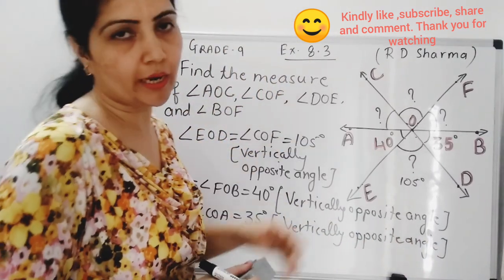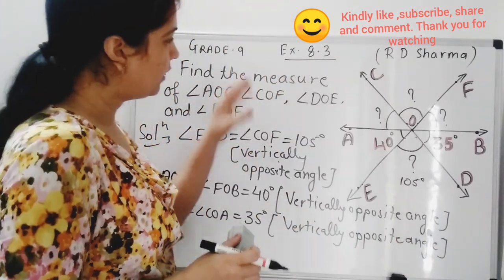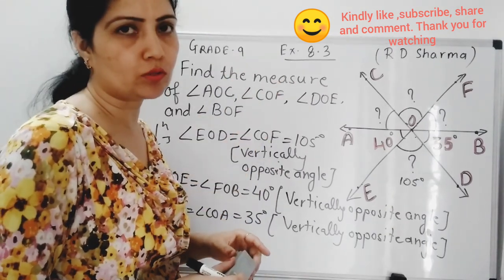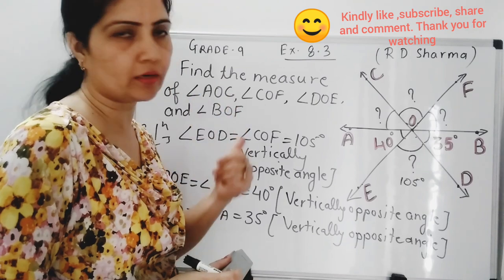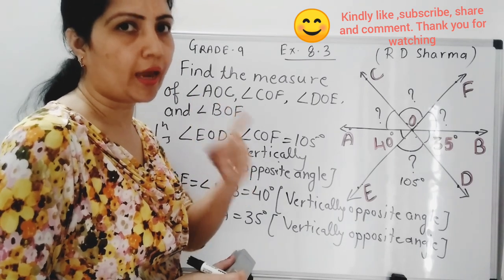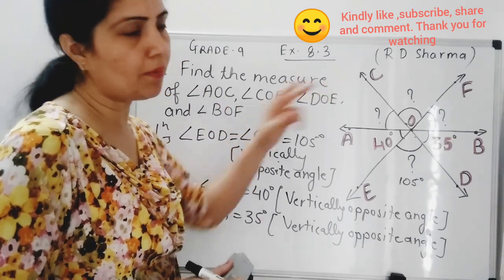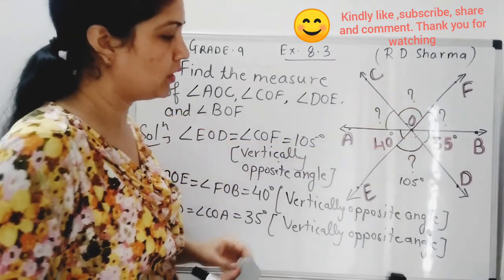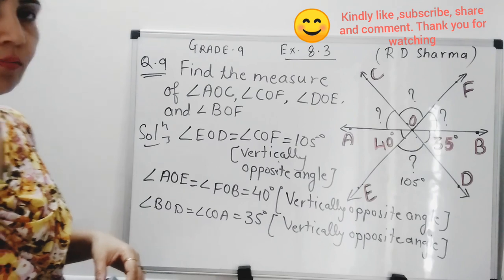So like this, you can find out the value of angles. If two or three lines are intersecting each other, first, if you have to find out the value, you need to see which property you can use. Basically, the two properties we used the most are linear pair and vertically opposite angle. If there are parallel lines, then we will use other properties. But here you can use both of these. So like this, you can solve the problem.